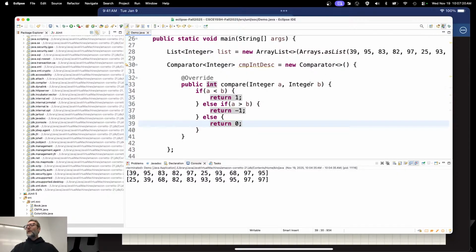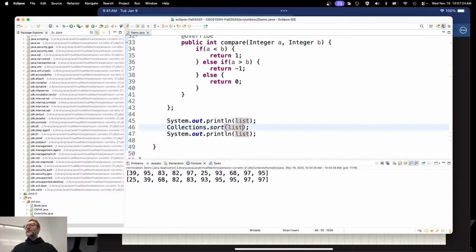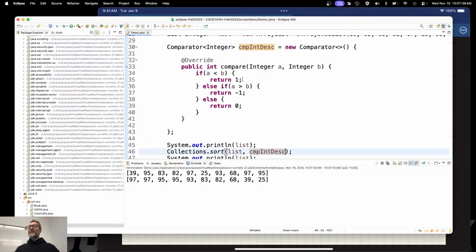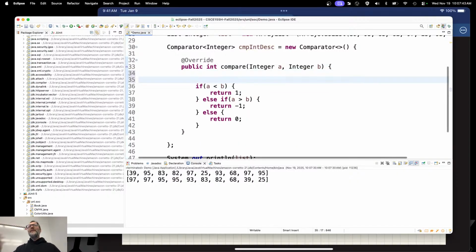There. Now once I've got that comparator defined, I can go ahead and use it as a second argument to my sort call. Right? And it'll use that comparator instead. And now it's in descending order. Right? Let's play some code golf here with the last 10 minutes. I'm going to get this down really far. Right? First of all, I don't have another comparator to call, but I do have the natural ordering.